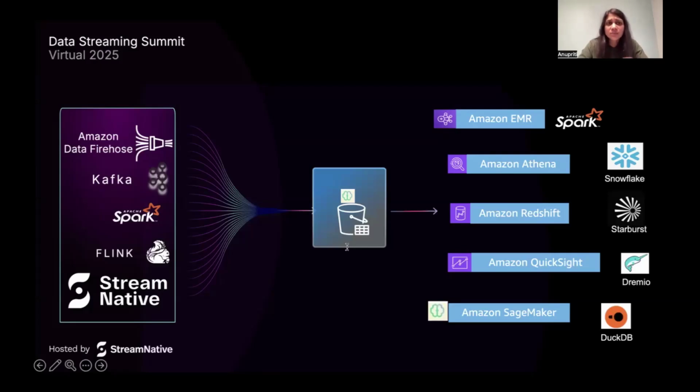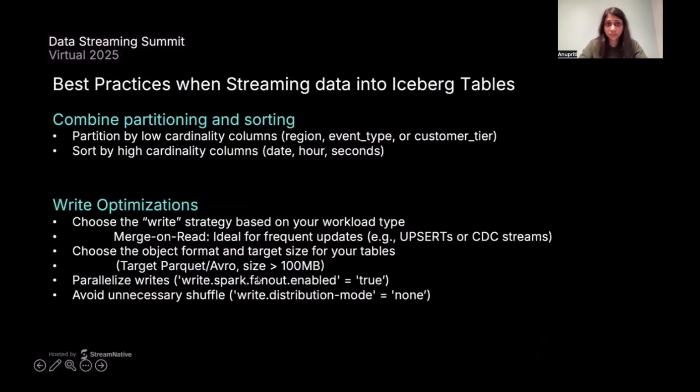Now that we've seen what's possible with streaming into S3 tables, let's look at a few best practices for optimizing the performance and cost when using Iceberg tables for streaming workloads. Streaming data into Iceberg tables on S3 opens the door to scalable, real-time analytics. But to get the best performance, reliability, and cost efficiency, it's important to follow a few best practices. We'll start with